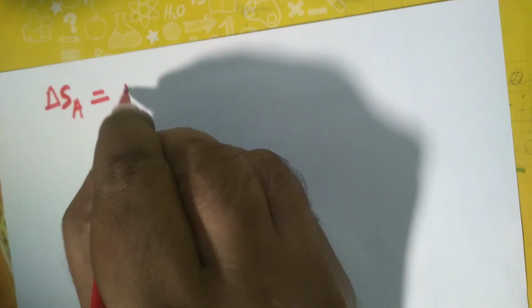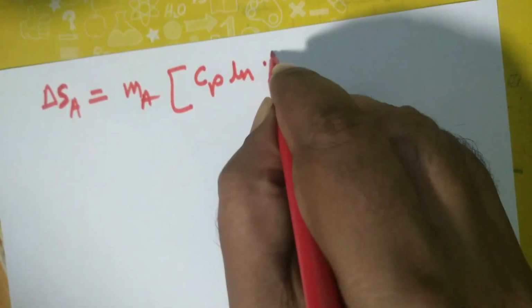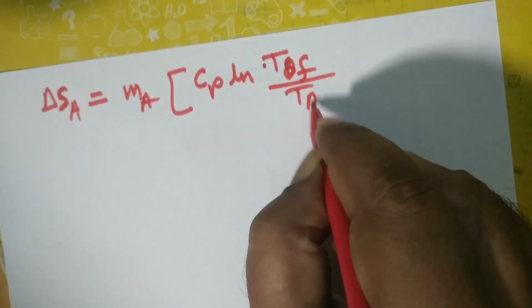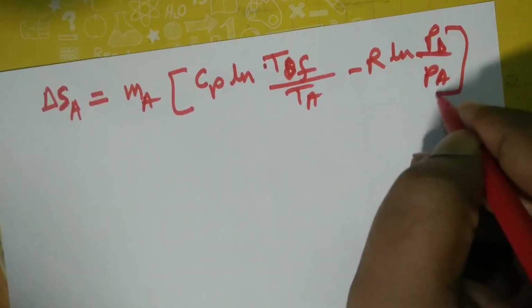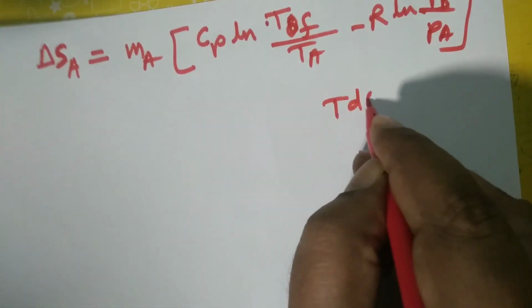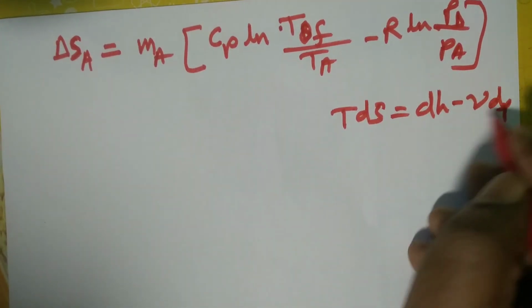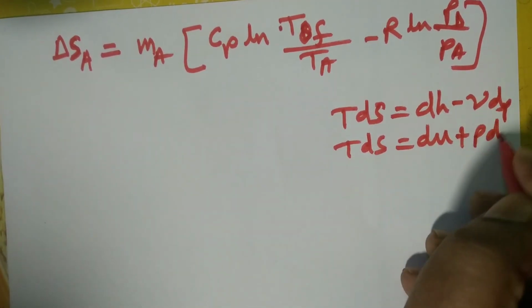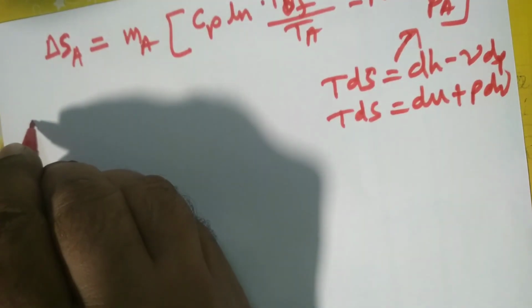So this is equal to MA Cp ln TF upon TA, where TF is the final temperature, minus R ln PF upon PA. For calculating the change in entropy of an ideal gas, these two property relations are used as per requirement: TdS is equal to dH minus VdP, or TdS is equal to dU plus PdV. Here this property relation has been used, from which delta SA